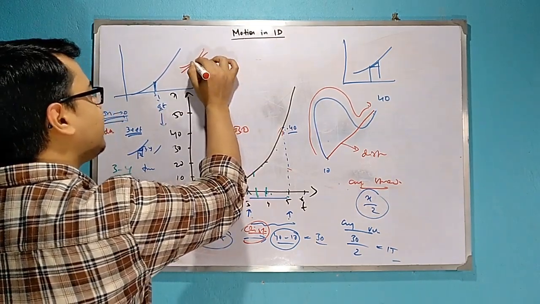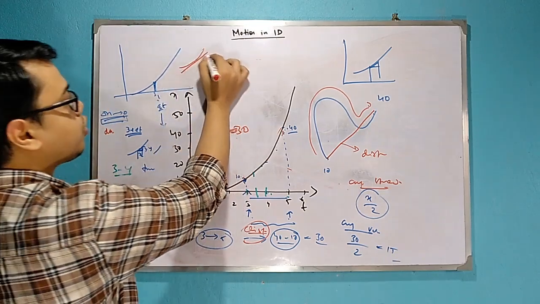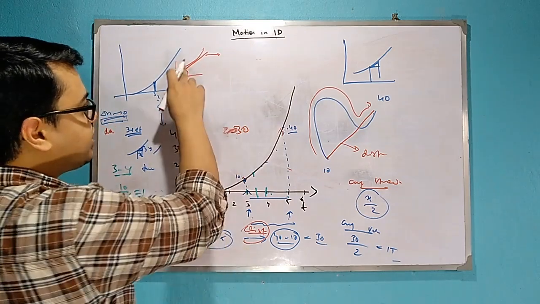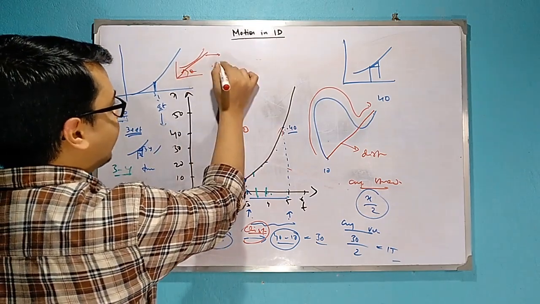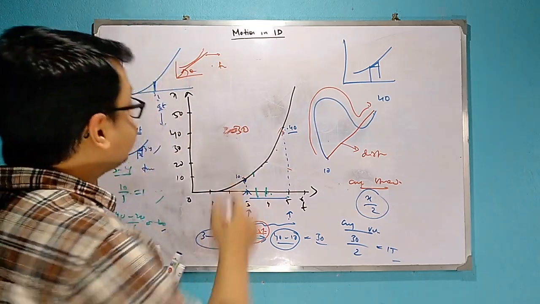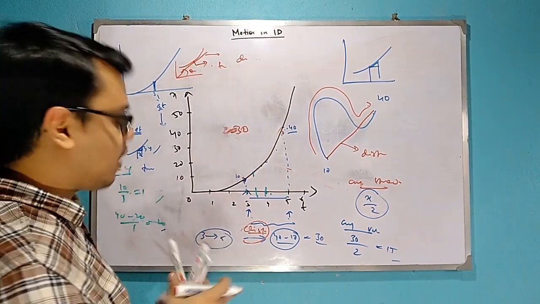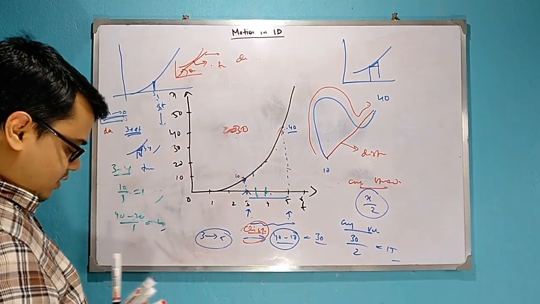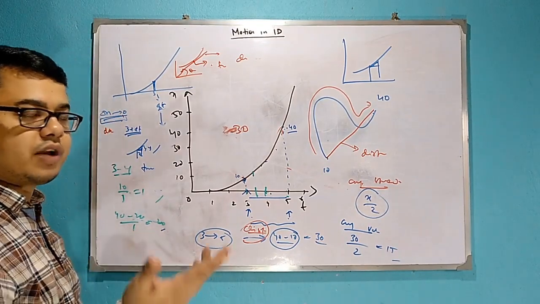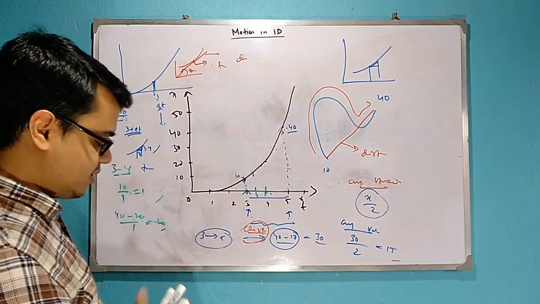So it is nothing but, at any point, if I draw a tangent, this tangent will form a theta angle, and this tan theta will be the slope at that point. So this tangent is nothing but the derivative. You may have difficulty in this one, but don't worry, you will learn it very well. When I was a student of class 11, I also had difficulty, but gradually it became easy.